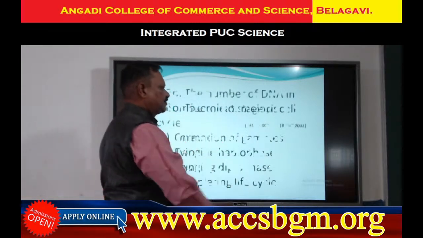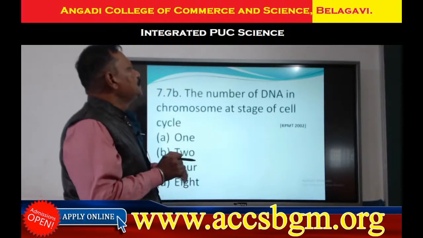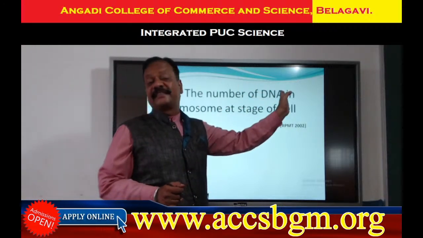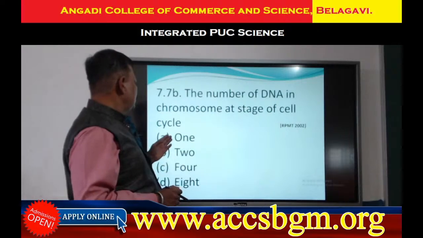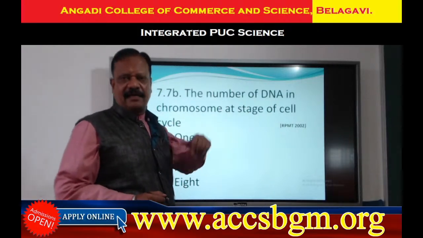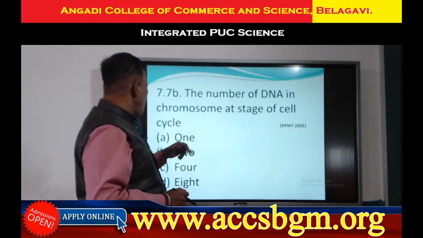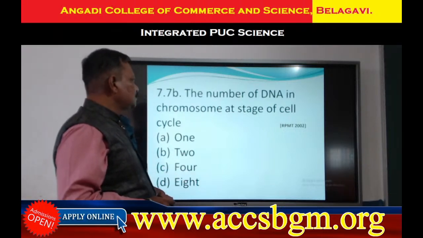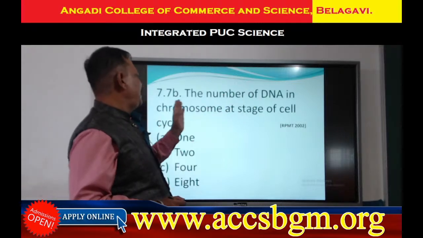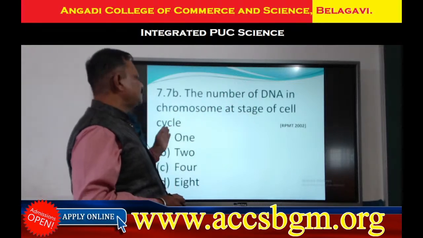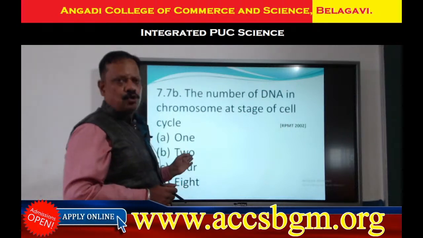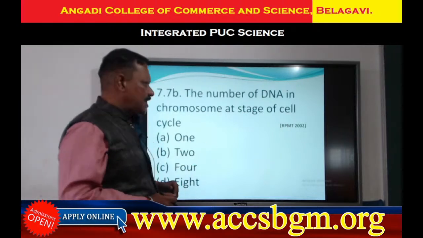We'll move to the next. The number of DNA in a chromosome at a stage of the cell cycle. Just see, 1, 2, 4, 8. The number of DNA in a chromosome at this stage of the cell cycle is option B, it is 2. So 2 is the correct answer. Next,